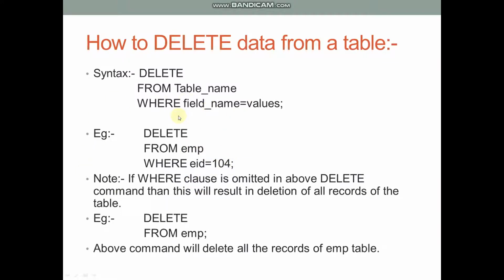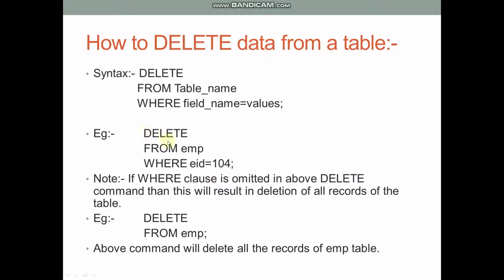we will use this command: delete, which is the keyword for the delete command, from. As we know, the from clause always specifies from which table we want to perform any operation. So here we want to perform a delete operation, so from EMP this deletion will take place. So delete from EMP, that means deletion will be performed on the EMP table where EID is equal to 104. That means from the employee table or EMP table, a record having EID equal to 104 will be deleted.